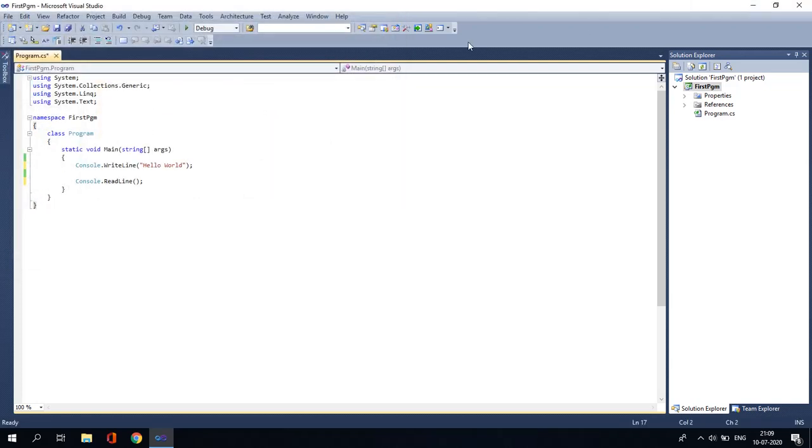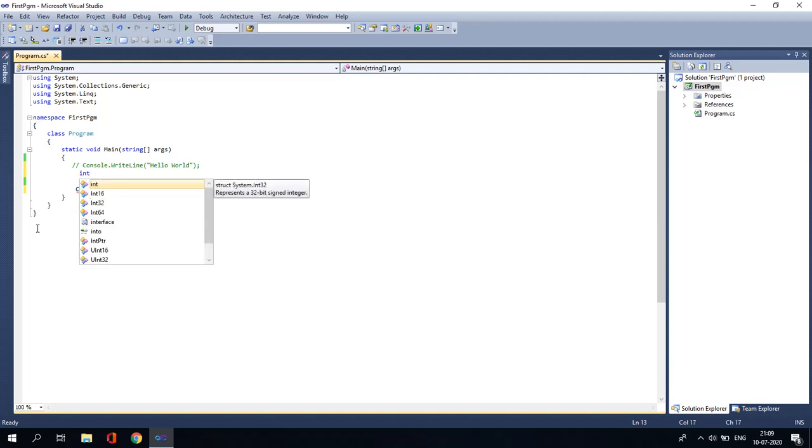The syntax for variables goes for data type. So I'll comment this and I'll be showing you how to define a variable. So syntax is data type and variable name. So let's see an example. I'll consider a first data type, integer, int. So int, and all the list of variable data types are being provided, int and age. Suppose I'm giving this variable name, semicolon. That's it. My variable age is being declared of data type integer.